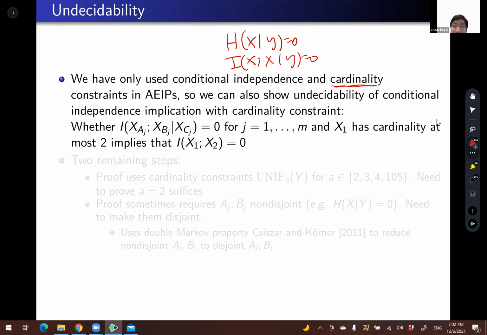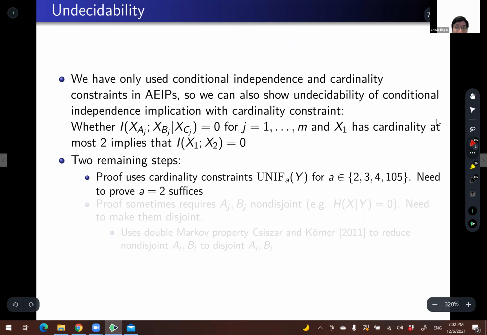But then there are a few more steps needed if we want to prove that the conditional independence implication with cardinality is undecidable. The first thing is that we have used uniform 2, uniform 3 and uniform 4. I mean, we have used the constraint that the random variable is uniform with support size 4, and also in enforcing that each face has a set of 4 colors which fall in some sets. But obviously you don't really need 4,